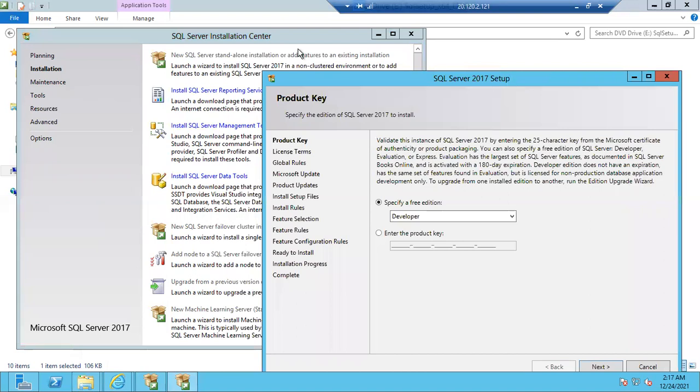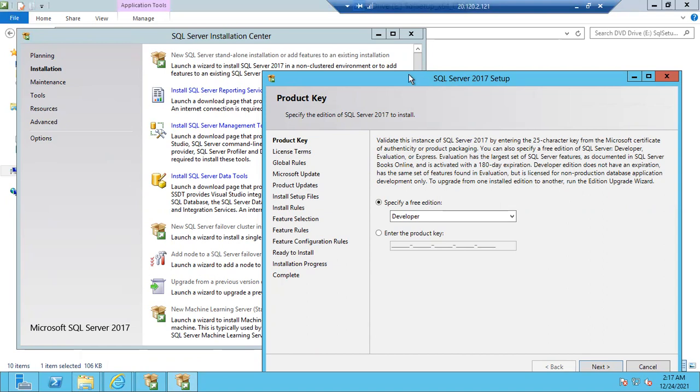The answer is no because it is grayed out. Once you open one instance, automatically this option will be grayed out. And once this window is closed, then only you can install another instance. So serially you can install, you cannot install parallelly on the same VM, virtual machine, on the same Windows Server.